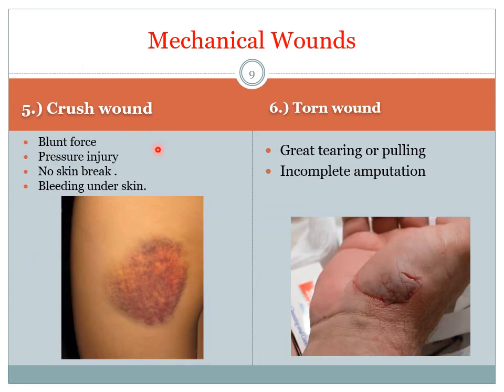Are caused by blunt force, for example a punch or a hammer blow. It is a kind of pressure injury. The skin here is intact, and you can see only bleeding under the skin, which is called a hematoma. Torn wounds, on the other hand,